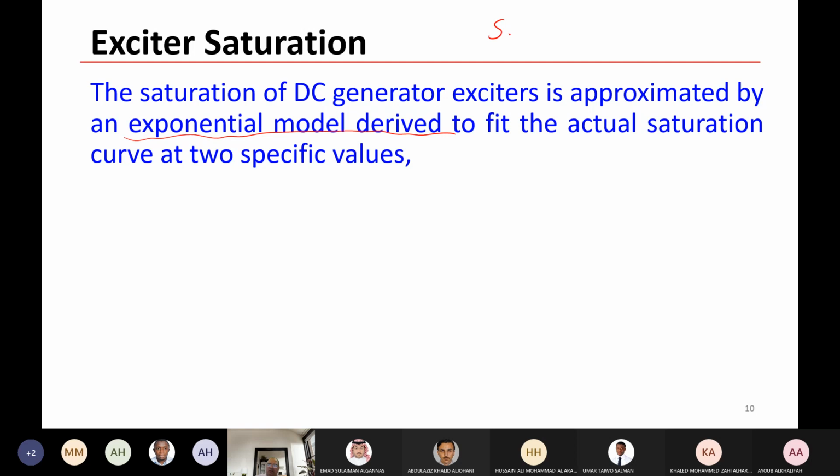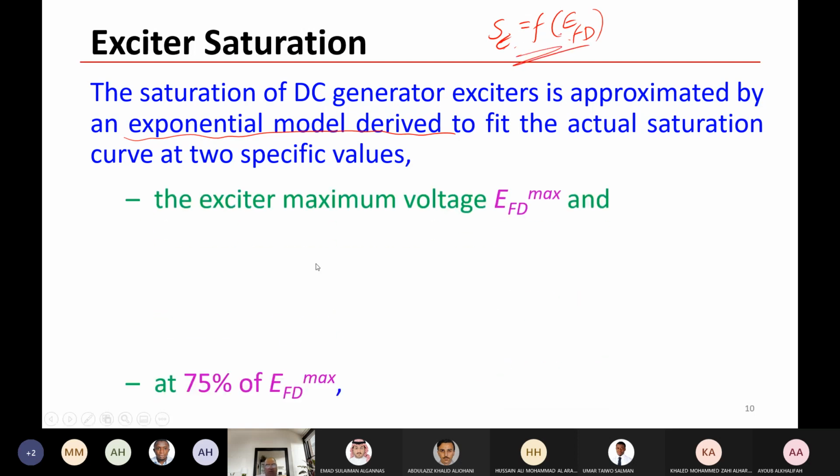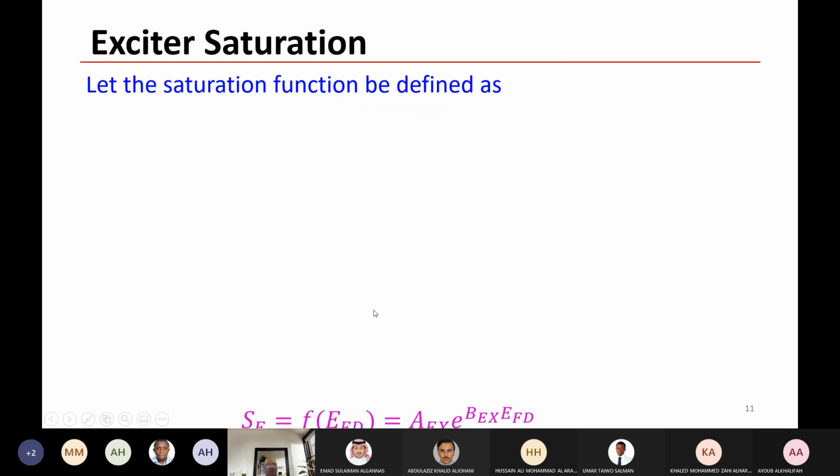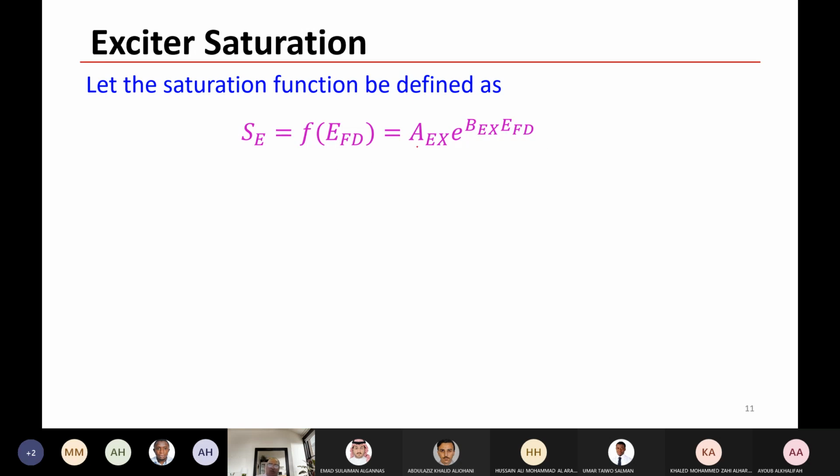It is a function of EFD. So you can approximate this function as exponential, and you need two values in order to get the complete equation. This is as recommended. You can express SE as a function of EFD as an exponential function. So you have here a constant A times e to the power of another constant B times EFD. In order to get A and B, these constants,